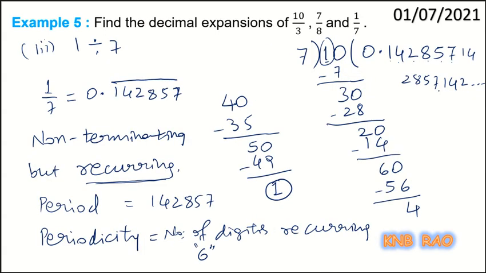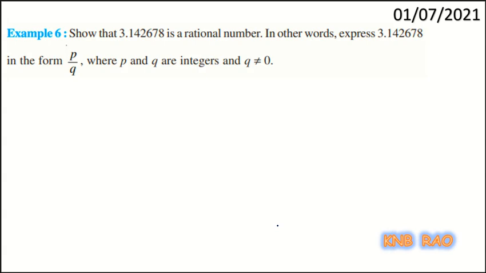Now here is example number 6. Show that 3.142678 is a rational number. In other words, express this in the form of P by Q, where P and Q are integers and Q not equal to 0. See children, whenever I am given, for example,